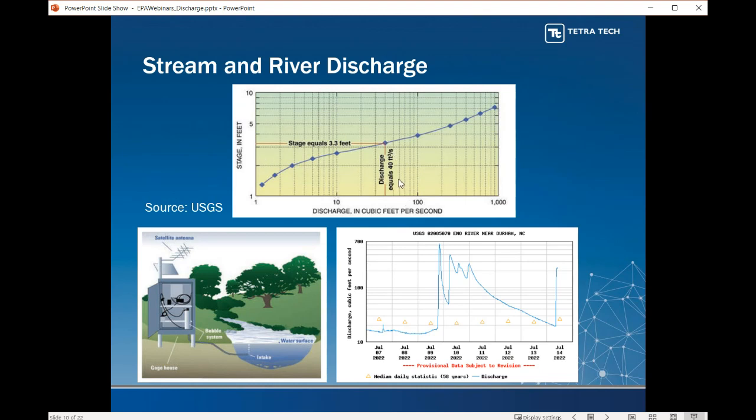To further automate this process, we have these great gauges that USGS has put out. Those gauges are measuring stage at an hourly time scale in over 8,000 streams nationwide. And we actually get to receive those data almost in real time. On the right-hand side here, this is in my hometown where I'm living now, the Eno River near Durham, North Carolina. We've had some storms moving through recently. So here's our discharge in cubic feet per second over the last week or so, and you'll see that signal of those storms that have been moving through.